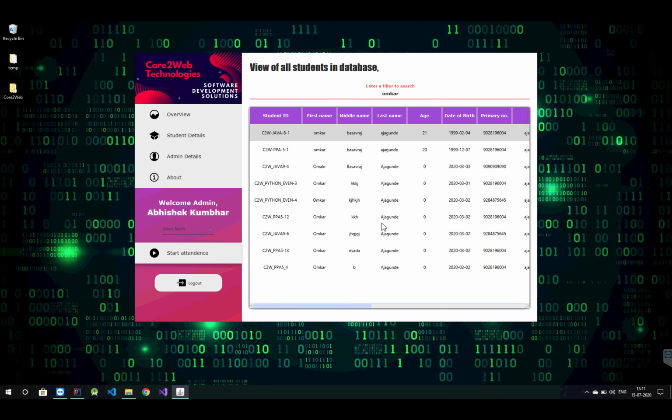So imagine that admission procedure is going on for the new upcoming batches, and the admin in the management is filling this data entry of the student. So I have just filled all the information of the student over here, and as you can see I can now click the add button.